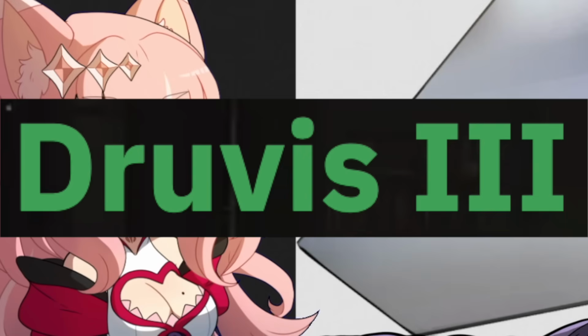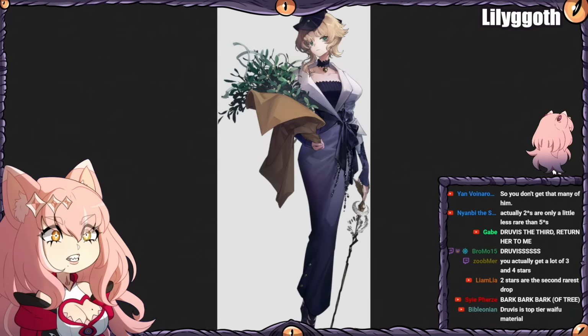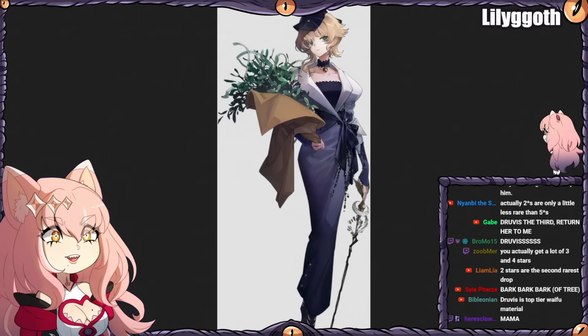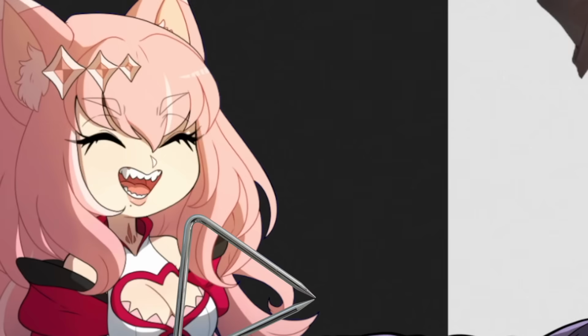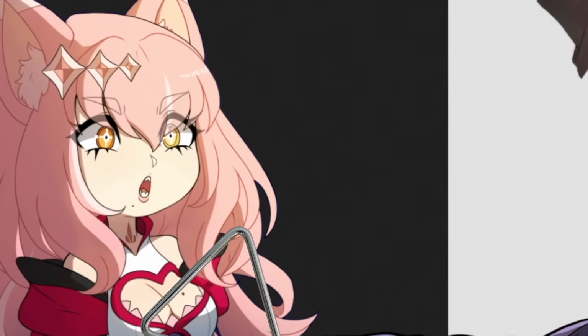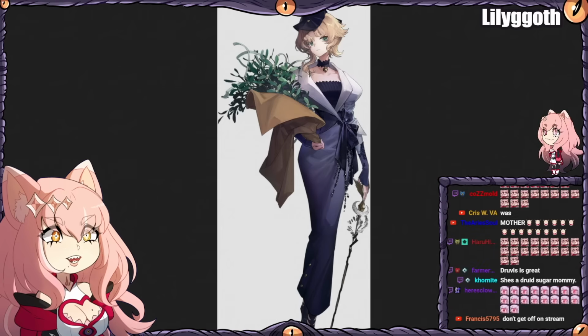All right, Druvis III, what is it? I'm leaving. Stop the earth, I want to get off. If I ever got a sugar mommy, I would need her to look exactly like this. Oh, I'm so sorry to my neighbors. Oh, they'll be fine. They can take it. Dude, what year is this? I'm gonna guess